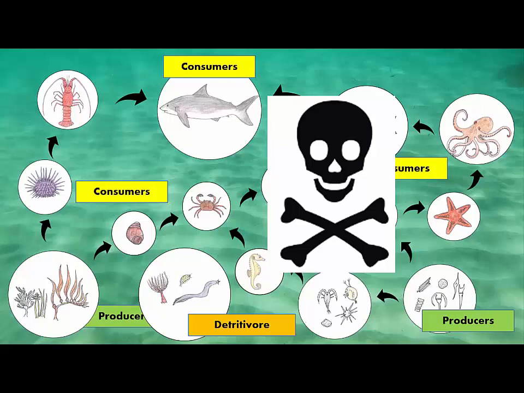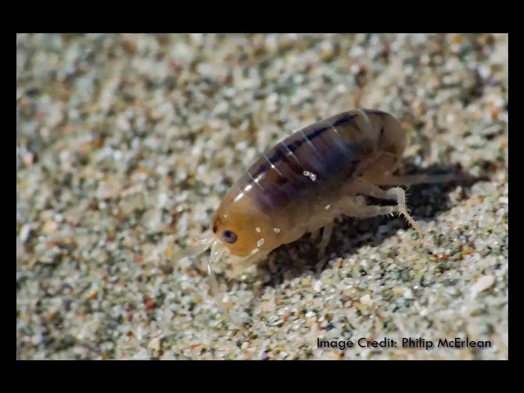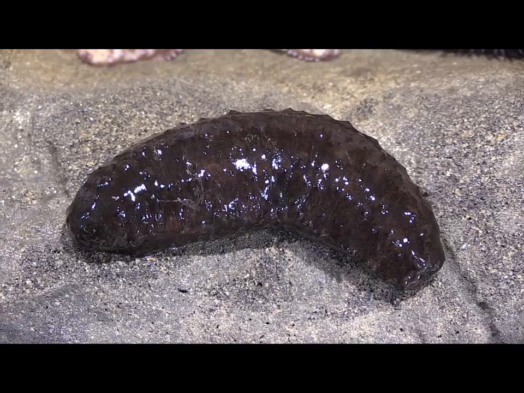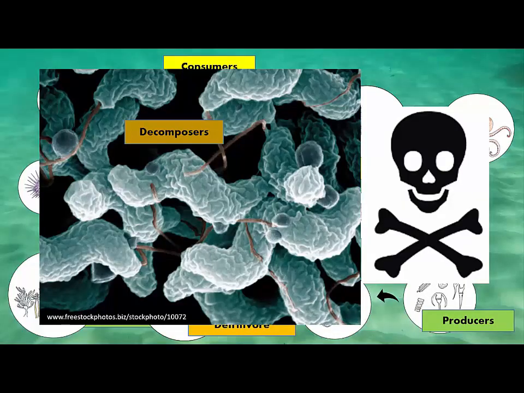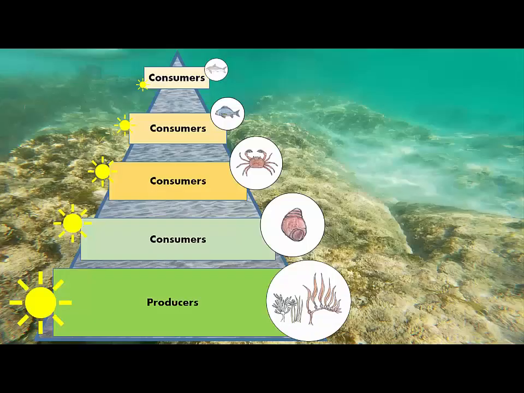Any animals that die before being eaten are often eaten by scavengers or detritivores. These animals are happy to eat dead and decaying plant and animal material. Examples are sandhoppers that eat decaying kelp, and sea cucumbers that burrow through sandy and muddy sediments. And finally we come to the decomposer organisms. In a marine food web, the decomposers are mostly bacteria that break down all the nutrients, ready for recycling back into the ecosystem.